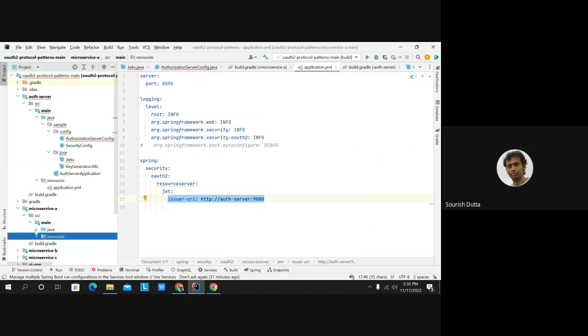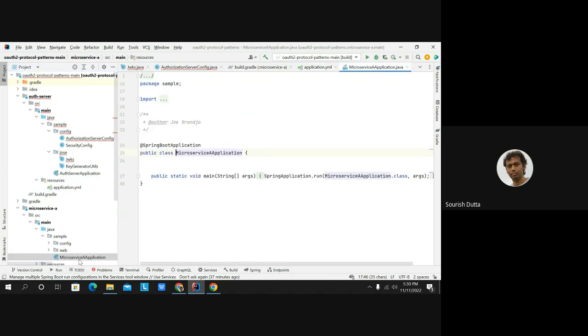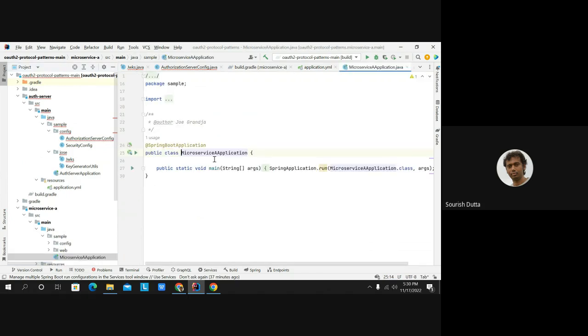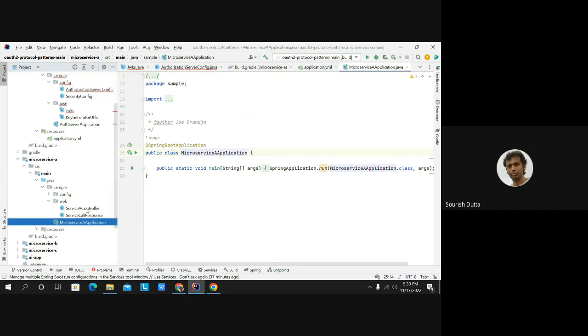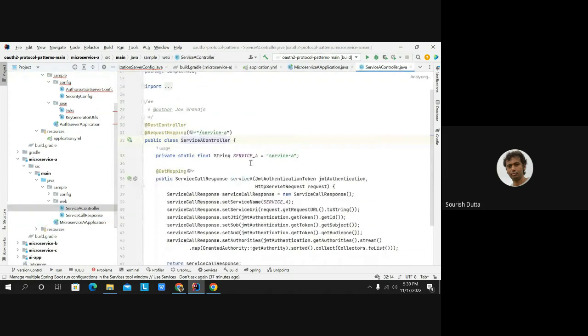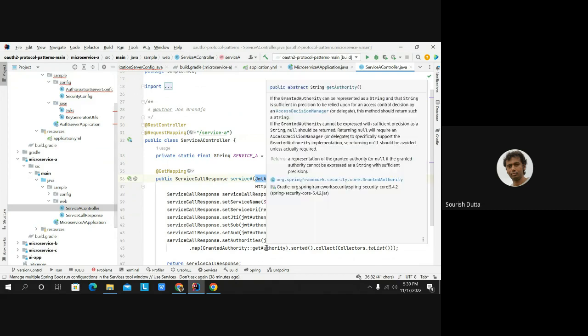Now let's see. This is another simple Spring Boot microservice. So that's there. Now we're going to have some endpoints. Okay, service A controller. Service A controller is nothing but service A. It has a GET mapping, so it's going to accept the JWT authentication token, or JWT authentication, as well as request body or parameter, whatever there. Now,